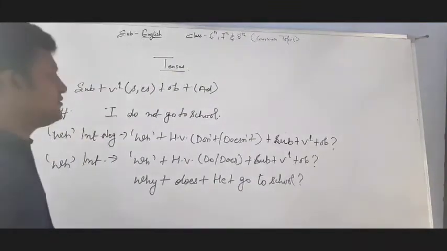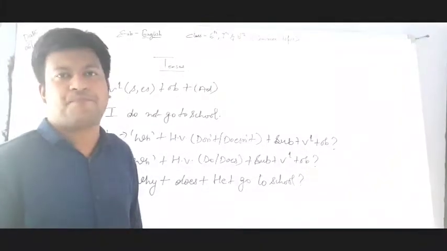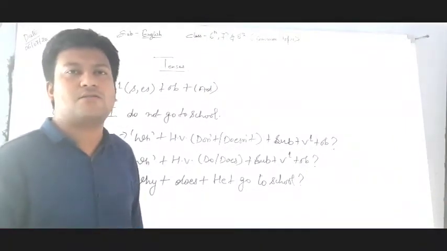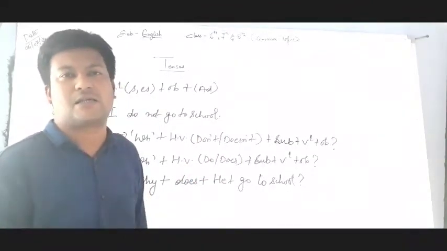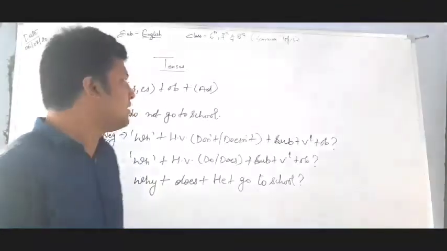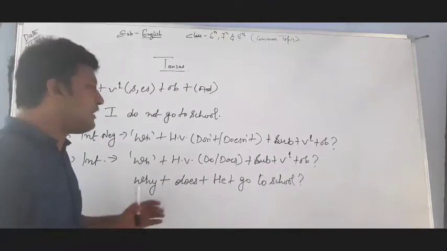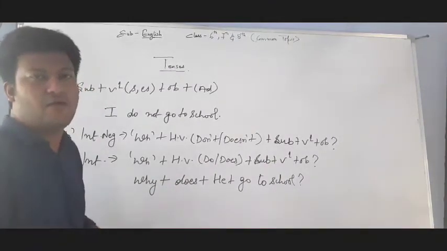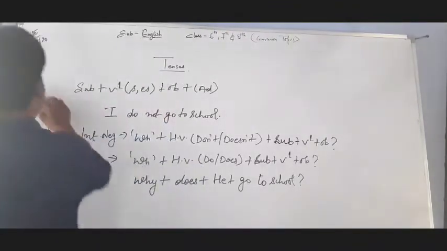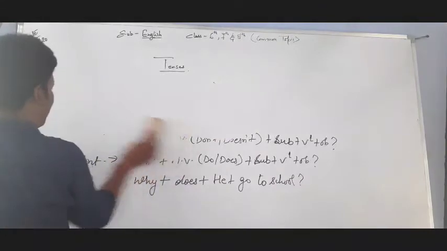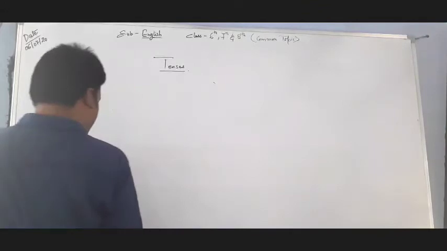These are the formulas which you have to copy down and you have to learn. Learning is very important. If you do not learn the formulas, in the future you will face problems in writing the structure of any kind of tense. Present simple tense formulas are done here. Now I am going to tell you present progressive tense, which is also known as present continuous tense. So here let me write the 6 formulas again for present progressive tense. Here I am writing it for you.